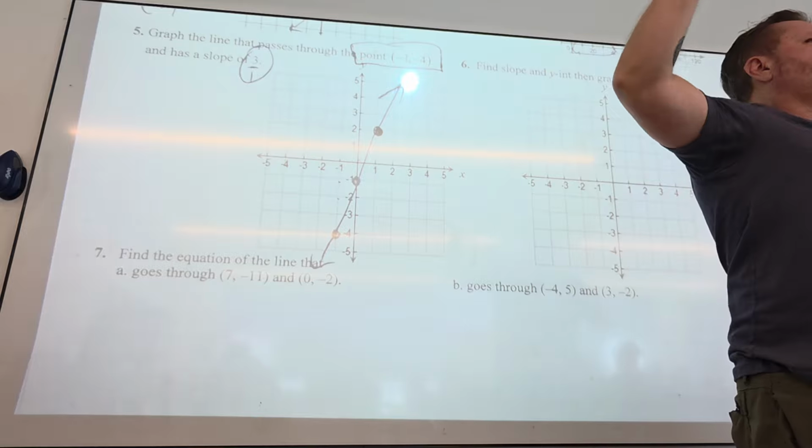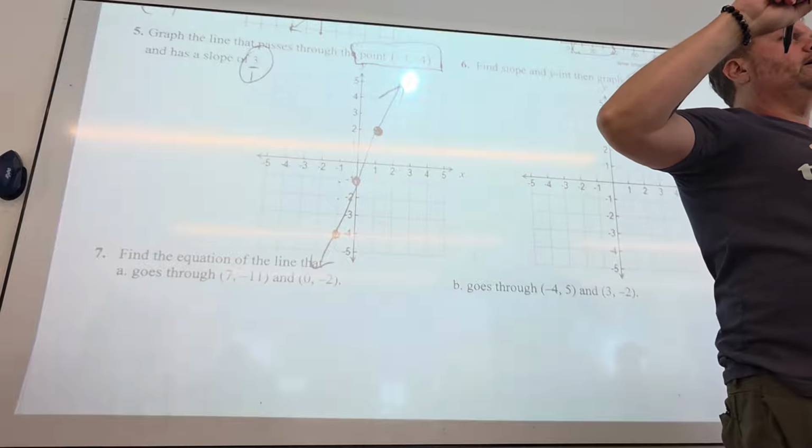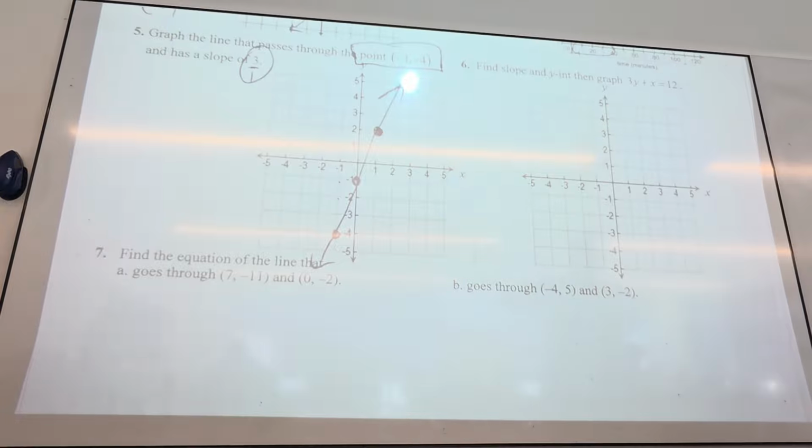Number 6, I had a lot of different ideas, and this is why I talked about the circle earlier. That's in our future. It's going to be interesting to see what the form is. What's the equation of a line that tells me the most immediate information? Y equals mx plus b. M is slope, B is y-intercept.